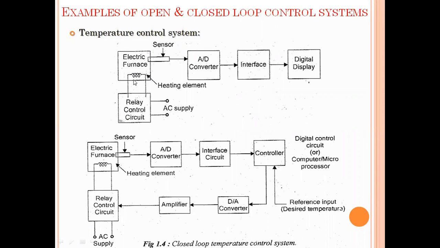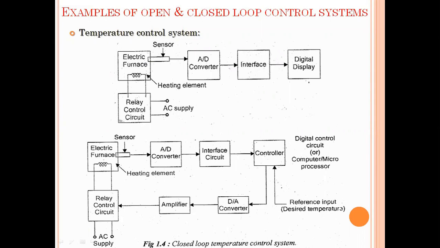So for this 10 seconds, we need to measure the temperature that is produced by this heating. How will we measure the temperature? Generally we will use a sensor here. This sensor senses the temperature produced by this heating element in the analog form. We already know we have two forms: one is digital form, the second one is analog form. So this temperature sensor is an analog sensor. It will sense the temperature in analog form.